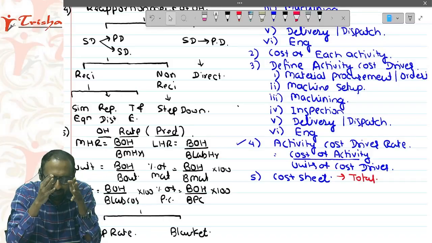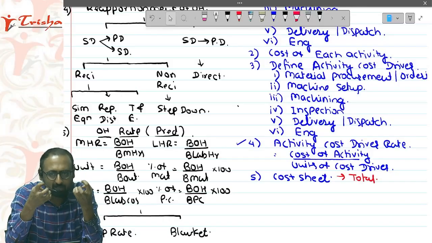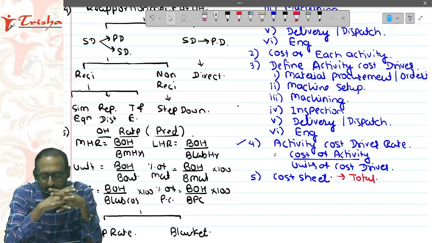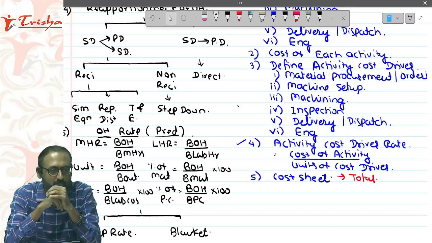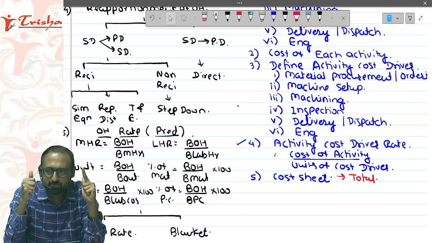Now please understand the difference between traditional method of costing and activity based costing. Some very important points you'll have to remember in examination while solving the question. Point number 1 you'll have to remember. Guys, point number 1 is,